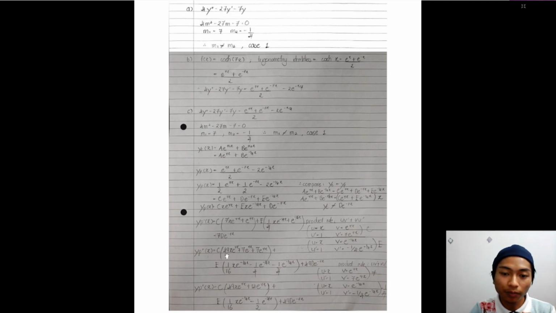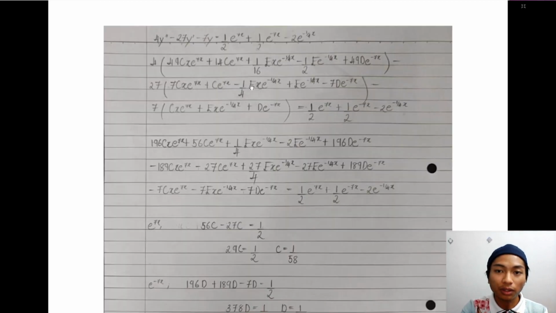For yp double prime, a product rule is applied, and the final equation for yp double prime is c multiplied by 49x e^(7x) plus 14 e^(7x), plus e multiplied by 1/16 x e^(-1/4 x) minus 1/2 e^(-1/4 x), plus 49d e^(-7x). After we find yp, yp prime and yp double prime,